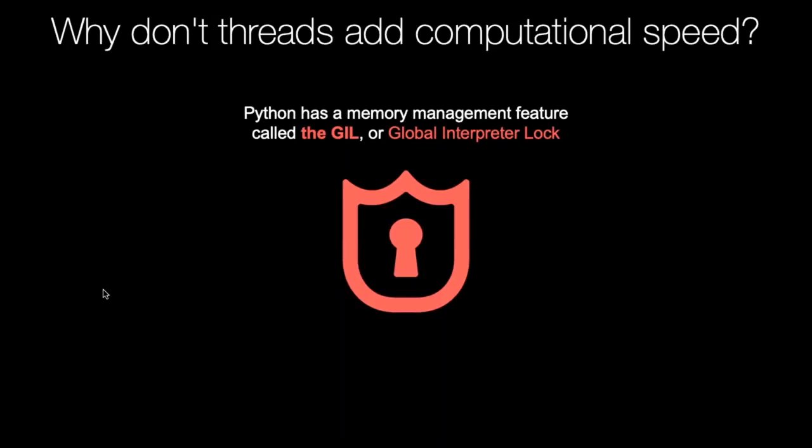Almost everyone's heard of the GIL. They hear it as a bad thing. It's often a challenge, but it's usually not nearly as big of a challenge as people think. It's mostly a problem around the computational stuff. And on the computational side, most people use things like NumPy and pandas and so on, which are not subject to the GIL, sort of for the same reason I talked about with Python.